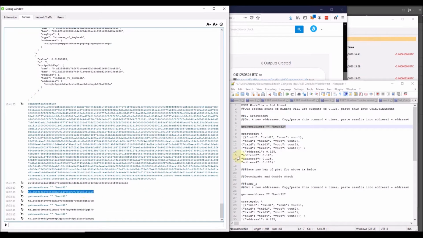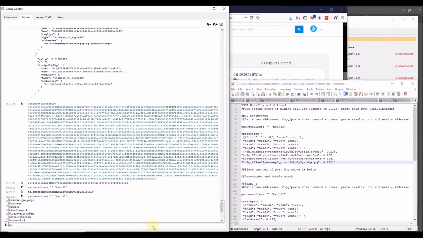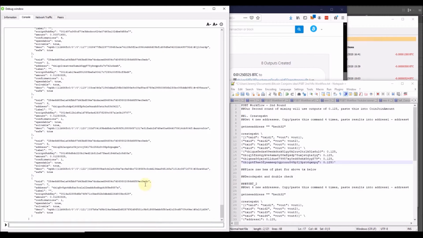So here's my address 1. Address 2, address 3. This may seem backwards since I'm doing it from the bottom, but you could totally do it whichever way you want. You could get your list unspent first, so you just do this, hit enter, and you can get your